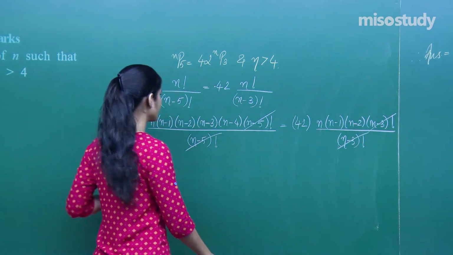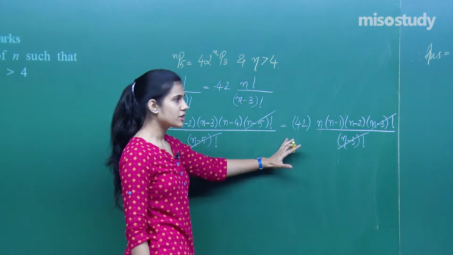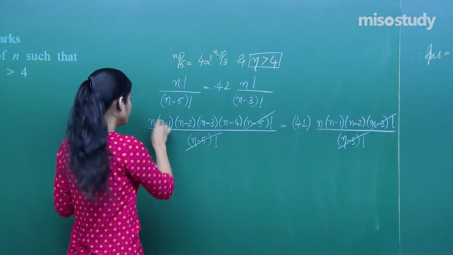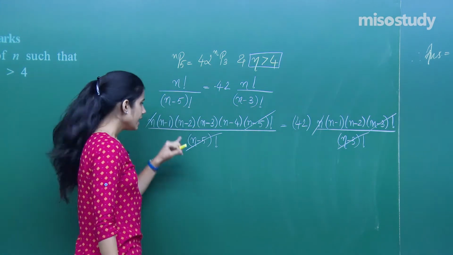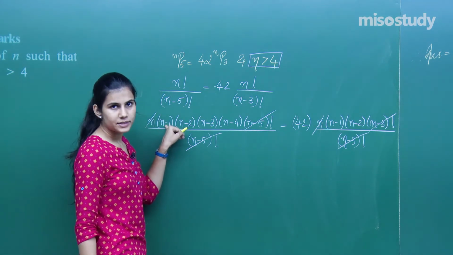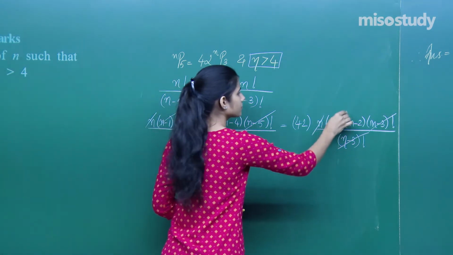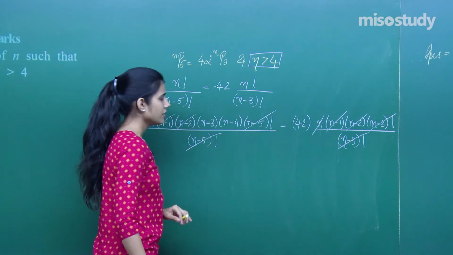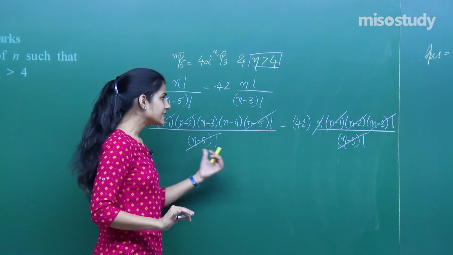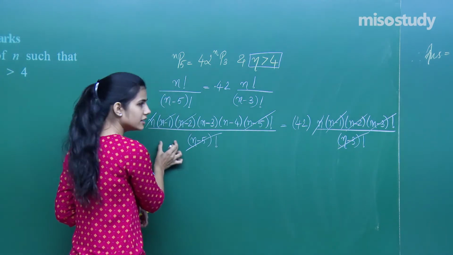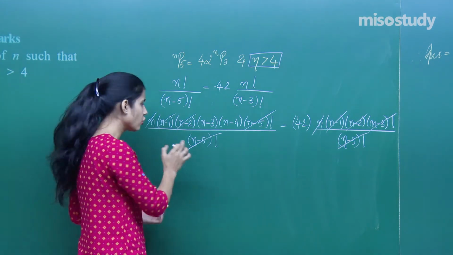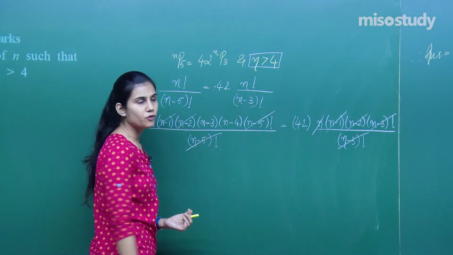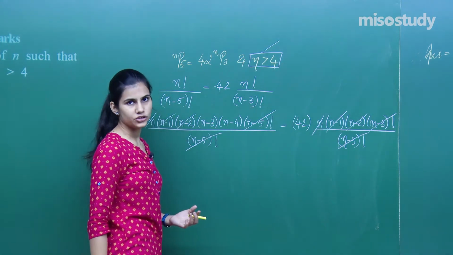Cancel it out. Now, just the remaining portion, if you carefully observe, because n is greater than 4, n is not equal to 0, I can cancel out n. If n is greater than 4, n minus 1 is not equal to 0. If n is greater than 4, n minus 2 is not equal to 0. That is why I was able to cancel it out. Cancelling means basically I am bringing n minus 1 over here in the denominator and then cancelling out. But the denominator can have n minus 1 only when n minus 1 is not equal to 0, which is true because n is given to be greater than 4. That is the very reason of this particular condition given to us.